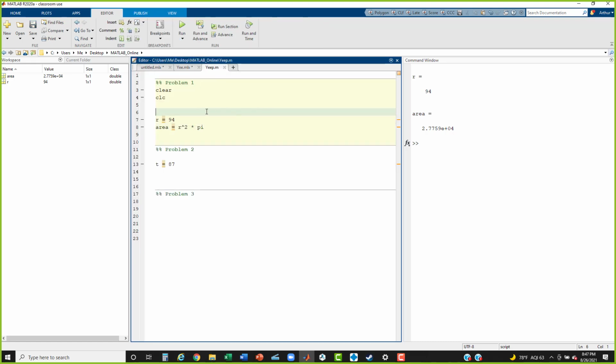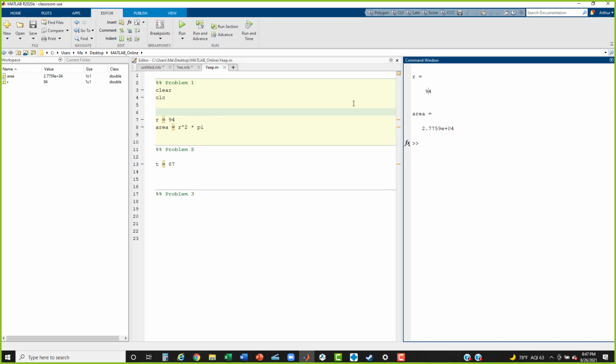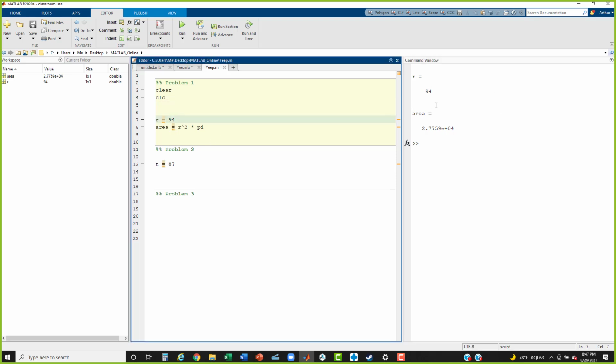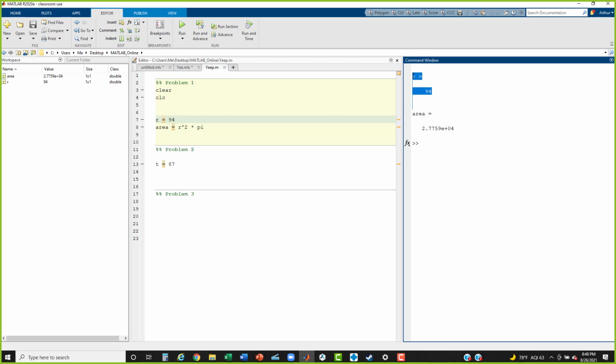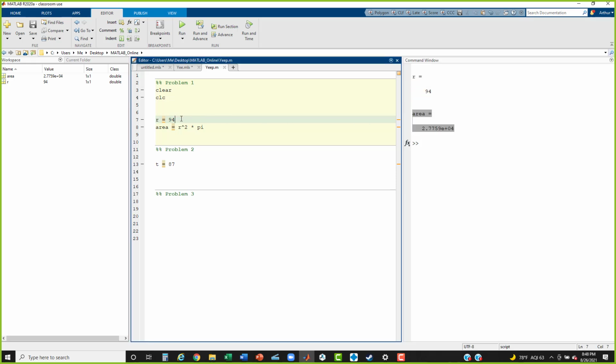Okay, so output. You notice everything I typed over here is coming into the command window. Well, let's say we don't want to see this. We just want to see the final calculation. You can suppress the output to the command window by simply putting a semicolon at the end of the line. And now when we run that, all we get is the final calculation. Okay, that's cool, especially if you've got